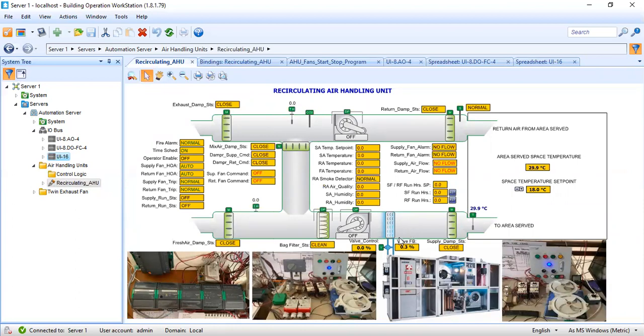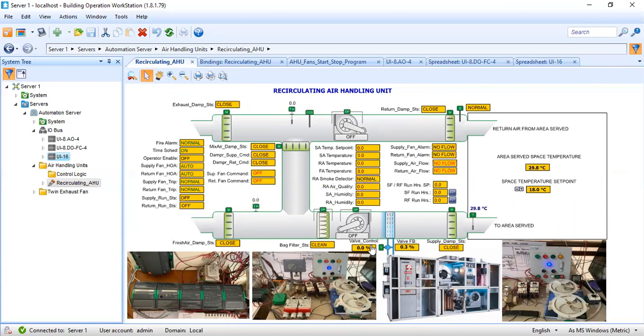Likewise, the valve is capable of giving me feedback. When my control gives a 50% opening signal, this valve should also give me a 50% opening status. That is valve feedback and valve control.